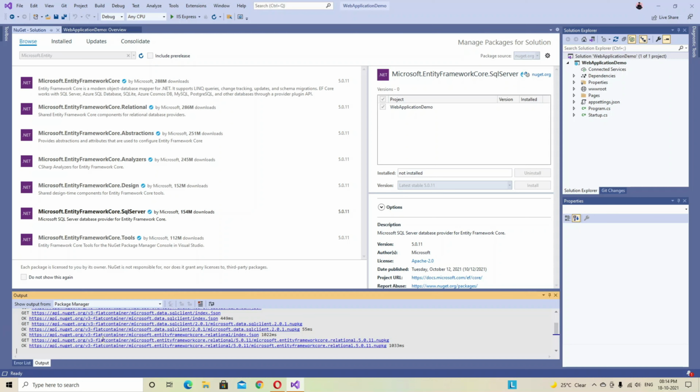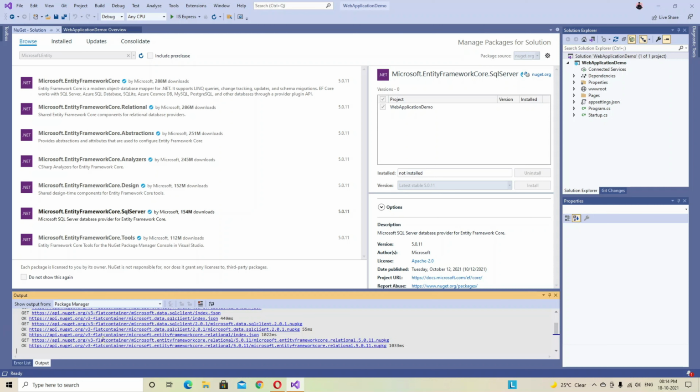So we will try to pull this data using Entity Framework Core, the database first approach, because we have existing data and we will try to display it on the web page. So let's start. Flip to Visual Studio. We will click on the Tools menu, NuGet Package Manager, and Package Manager Console.